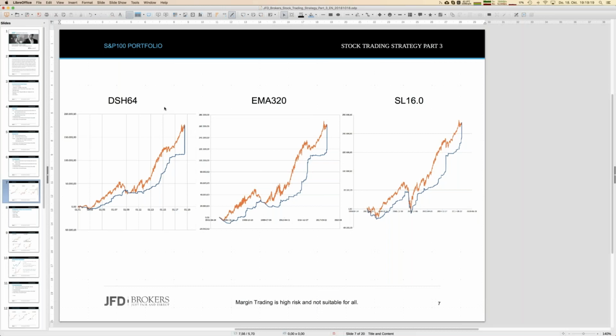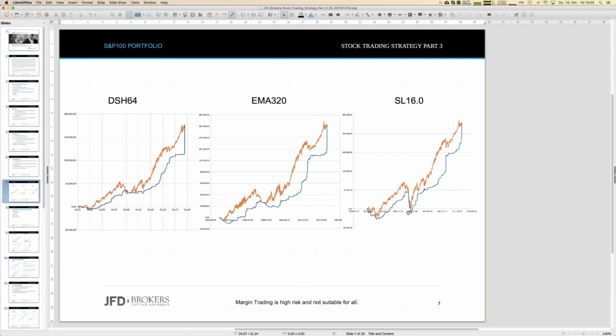And what we realized, because we have looked at a couple of other numbers, is that in principle, one can state, okay, the higher those numbers, the better, or at least the more profit we get. But in most cases, at the cost of high drawdowns. And even here you can see, if you go for the trailing one with an initial stop loss of 16%, you see, oh, we have good profits, more than 200,000.